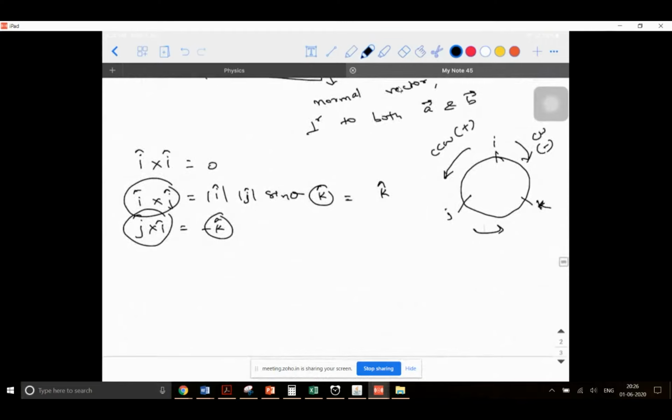Just like every chapter, there will be two laws. For example, in the first chapter there is Coulomb's law, which was the first law that we learned, and there was a shortcut law, that is Gauss law. Wherever you have symmetry, it was easy for us. In the second chapter, you didn't have much. In the third chapter, you had two laws: one is Ohm's law, and when the circuits became complicated, the shorter way to find is Kirchhoff's law.